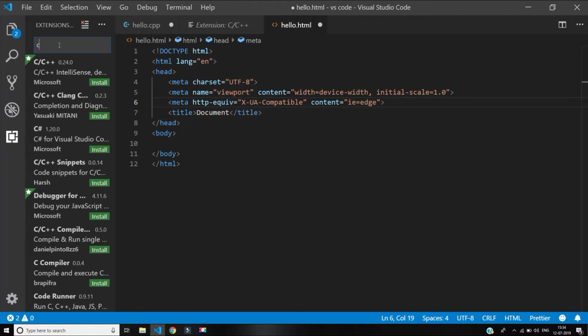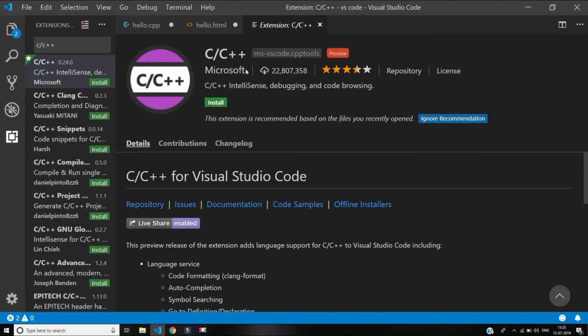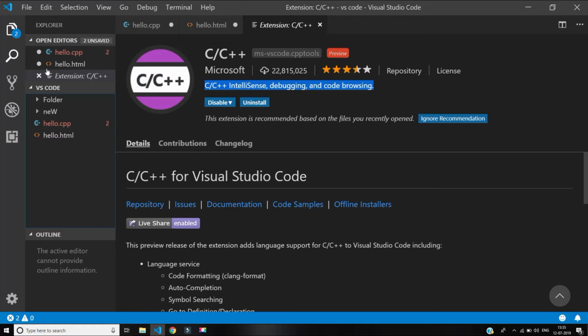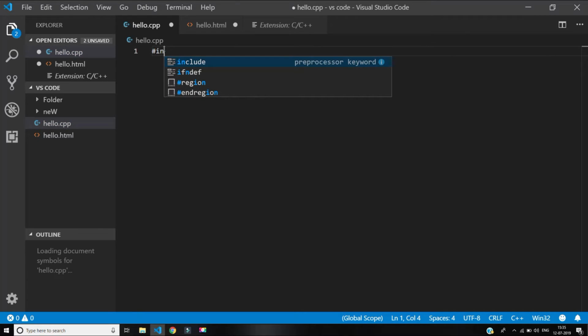So I'll download one popular extension, C/C++, and click on it. So it is from Microsoft, and it will provide us C and C++ IntelliSense, debugging and code browsing. So just click on install, and we have successfully installed the C and C++ extension. So just go to this and we will write hash, and it is providing us IntelliSense support. So just click on this IntelliSense, or we can also say autocomplete,